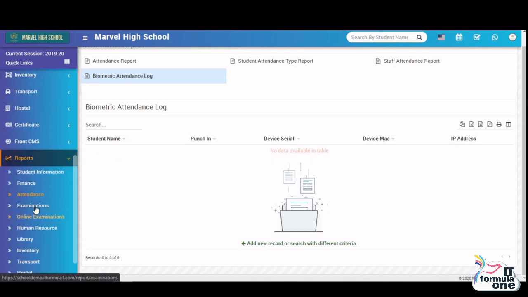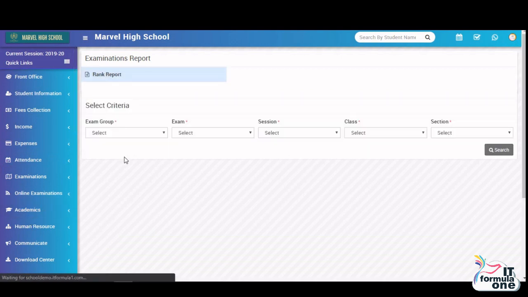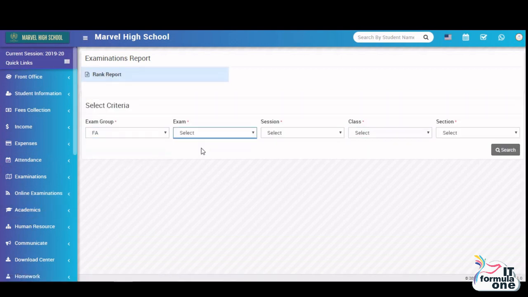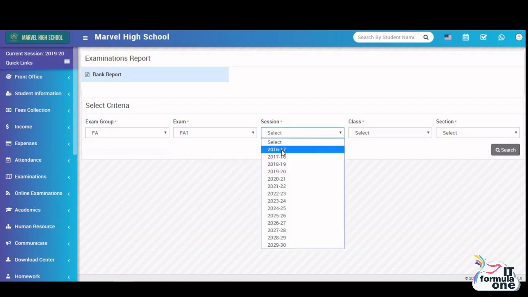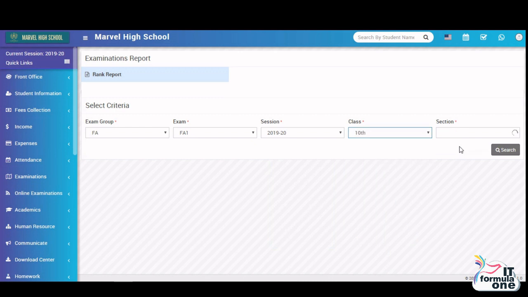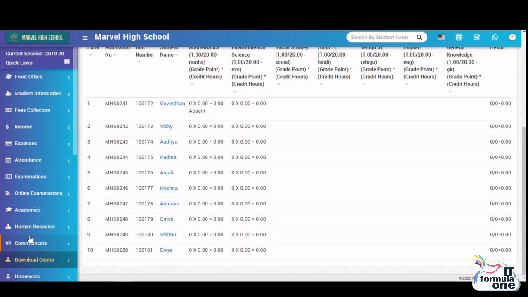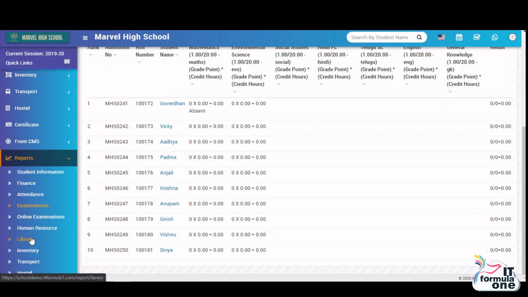Then you have exam reports. You can pull up a rank report over here. Right now we don't have any data so far, but still I'll just show you how it is pulled. This is how it is pulled. Rank report. And then online exams,